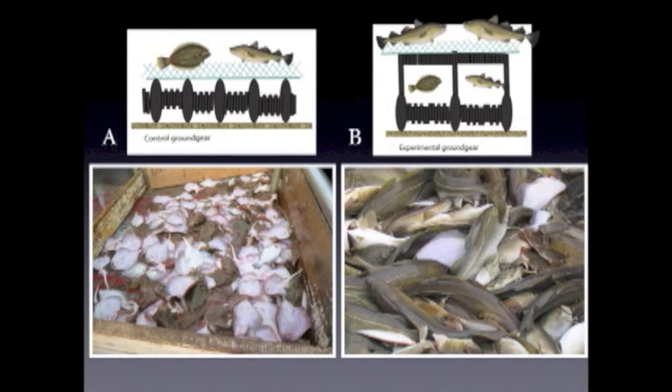The windows are installed because the image of the opening actually takes advantage of the fact that when flounders first encounter the ground gear, their immediate response is to swim down or to take advantage of an opening to avoid being caught. It's the same for young cod, who are more likely to take advantage of openings than older, therefore larger cod. So side B is our clean catch, and you can see on side A that there are many